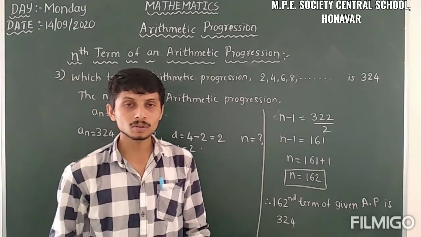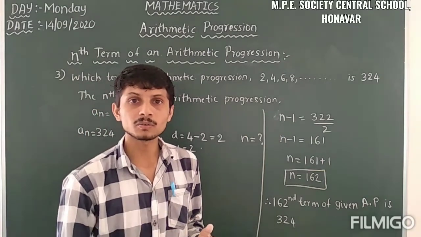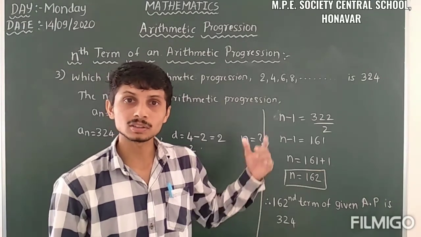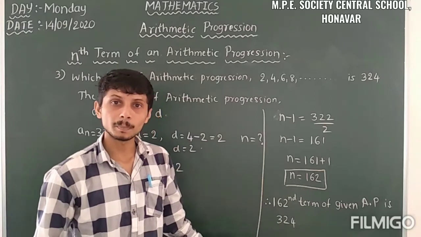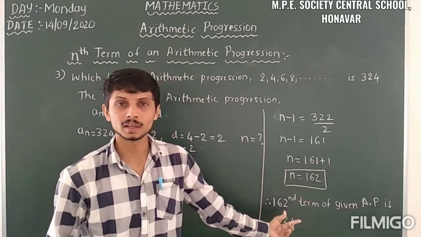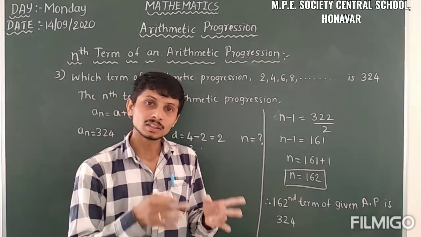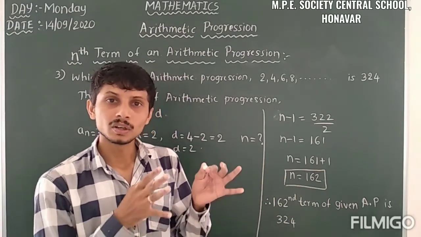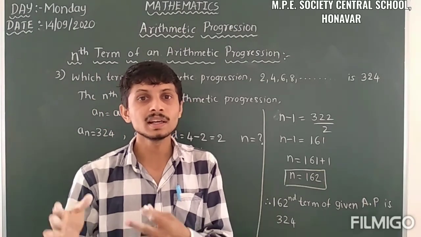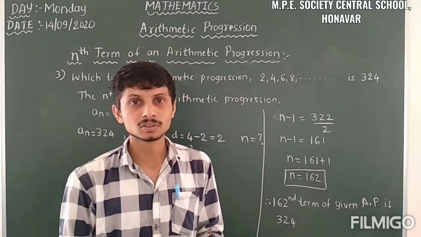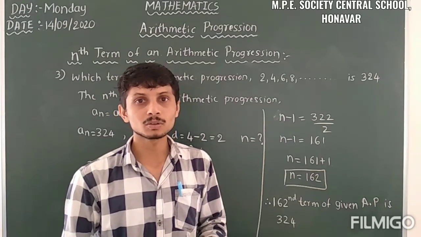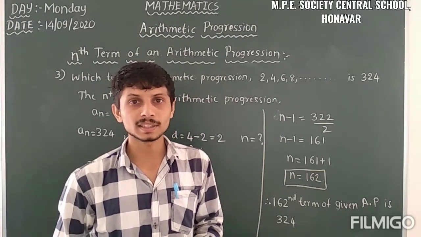So here we learnt how to find the nth term. We also found the common difference D, and also the value of n. The remaining one is A. This we can also calculate when the other values, that is n and D, are given. So it is possible. In the next class we will take some more examples.